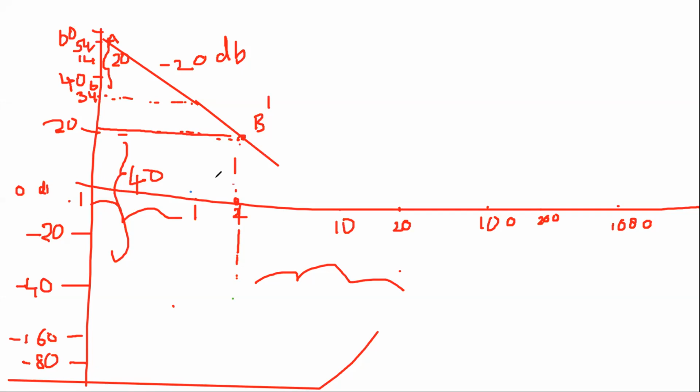So when I go down by 40 units, I know that is a slope. So I have to mark this as C dash, then join those two lines. So what I have to do, I have to join B dash with C dash, because in this case, my corner frequency and my decade frequencies are same. So I have joined with my C dash. So this is my C dash. Then this is minus 40 dB.